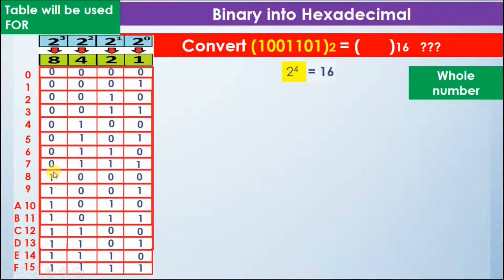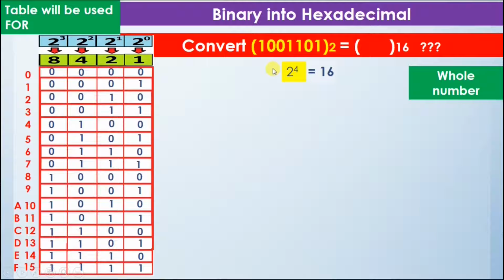Just like you can see here, the numbers from 8 till 15 can be represented using 4 boxes, and one box is 1 bit. So 4 bits are used to represent a hexadecimal number, and an octal number is represented using 3 bits. Just like we did the conversion of binary into octal, there we made the table that has only 3 columns. In this case we will have a table that has 4 columns because we are dealing with 4 bits.